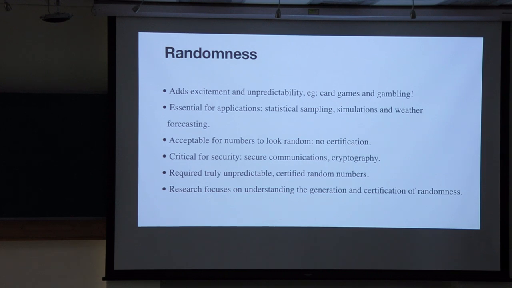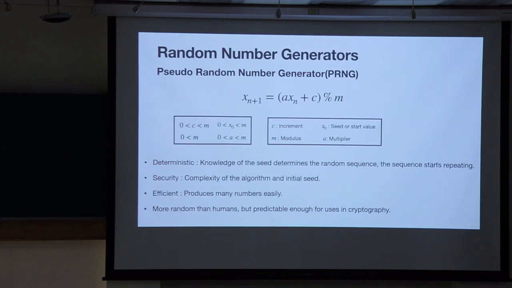To motivate this further and establish something which is known as device independence, in the next couple of slides I will show you some examples of the most common types of random number generators. The first one is the pseudo-random number generator. If you ask Python or Mathematica to give you a bunch of random numbers, this is what it does. It uses a recursive relation like this, where A, C, and M are the parameters. M here gives the range of numbers that you want, and A and C are set by the number of random numbers that you want to generate.